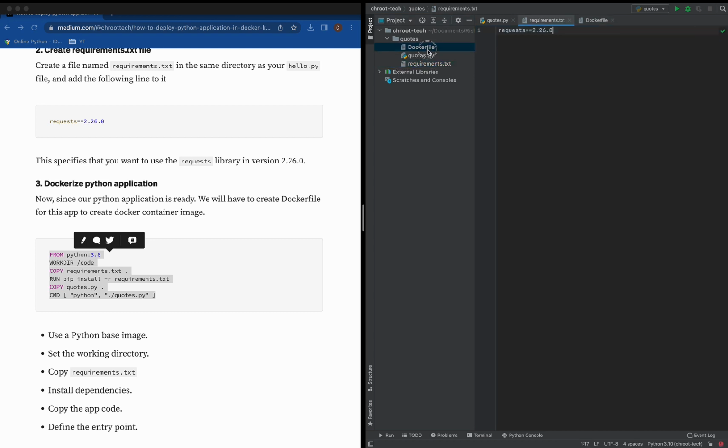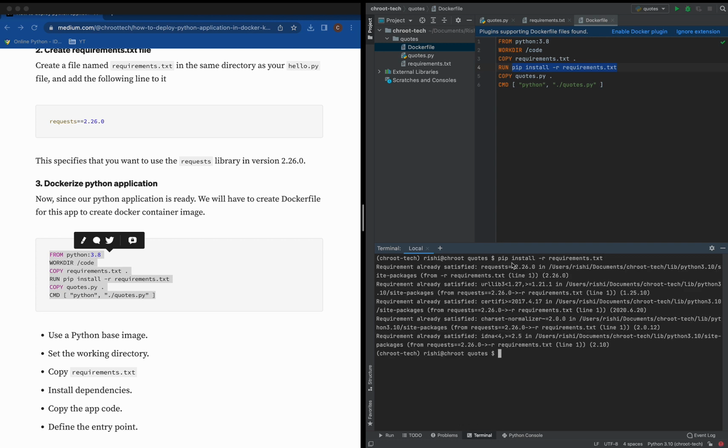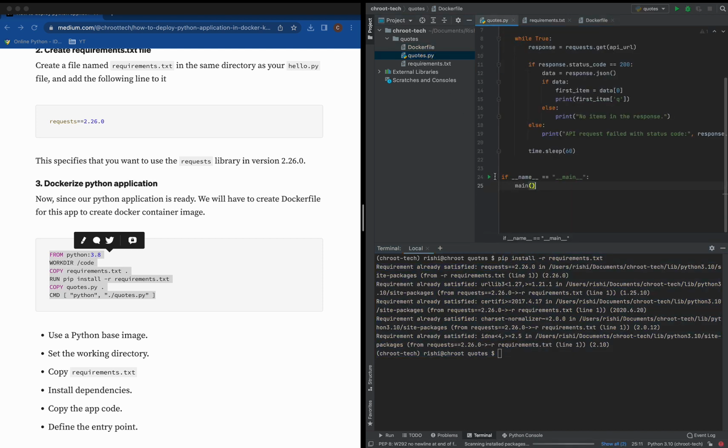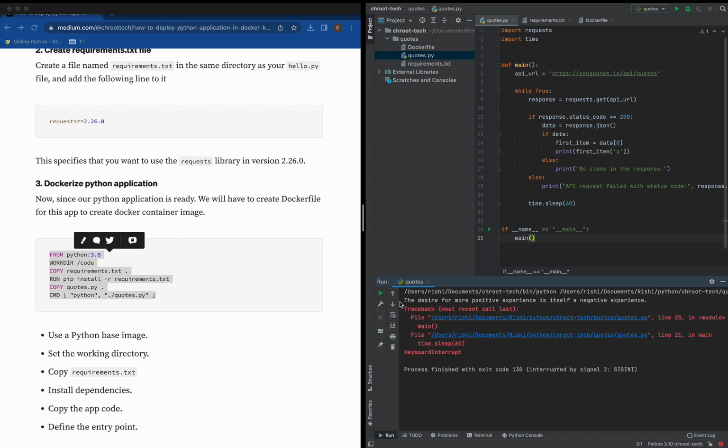Before that, I'll first manually run this program just to make sure this program is working fine. So in my laptop, requests is already installed. As you can see over here, let's run this Python application just to make sure it works fine. Yeah, so this is one of the codes it has printed, and looks like this application is running. It will print the next code in another minute. So let me close this application